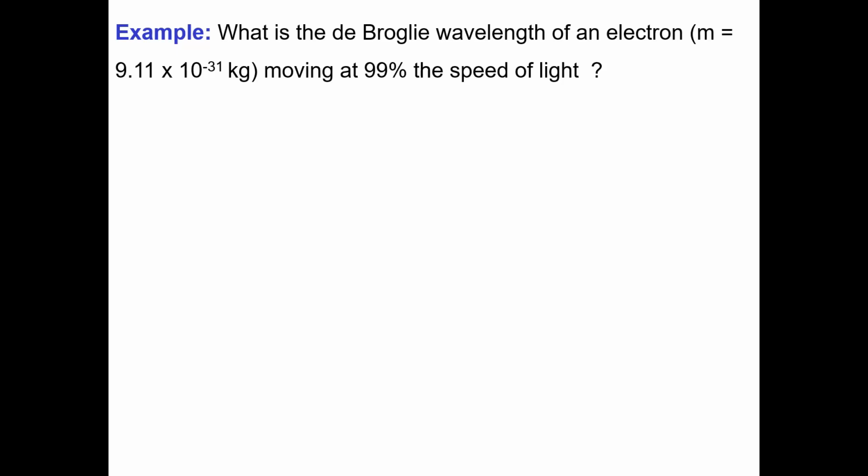So let's look at the wavelength of a much smaller particle. It says, what is the de Broglie wavelength of an electron? And then we're given the mass of the electron in kilograms, moving at 99% the speed of light. So the wavelength is equal to Planck's constant divided by the product of the mass and the velocity. So 6.626 times 10 to the minus 34